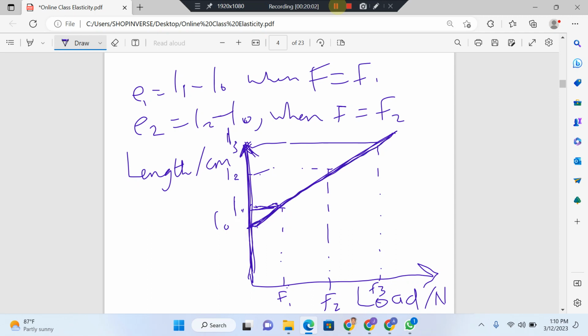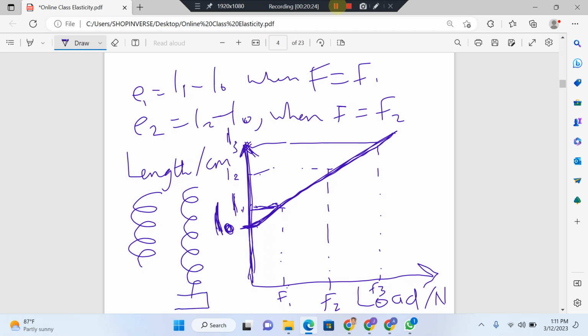And wherever it hits that line, that will give you the value of L subscript 0. That is the length when the force applied is 0. I'm talking about the original length of the spring when no force has been applied. And L1 is the length of the spring when you apply the first force, when you attach the